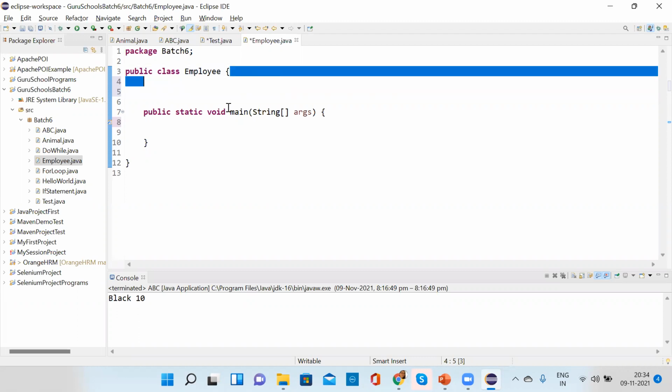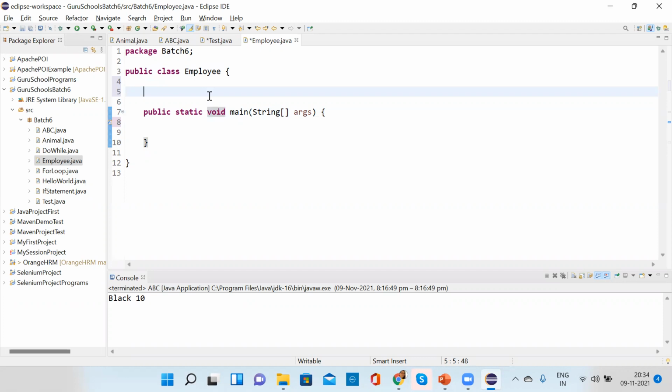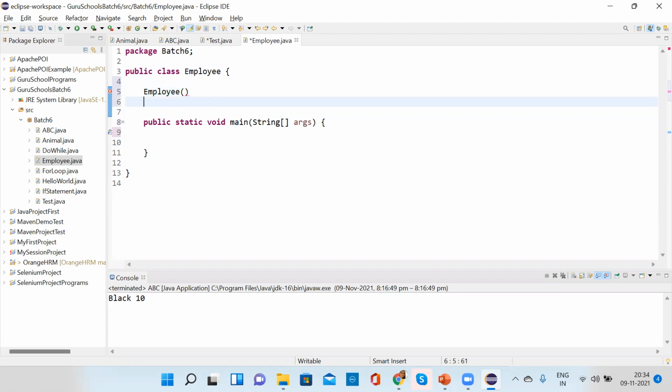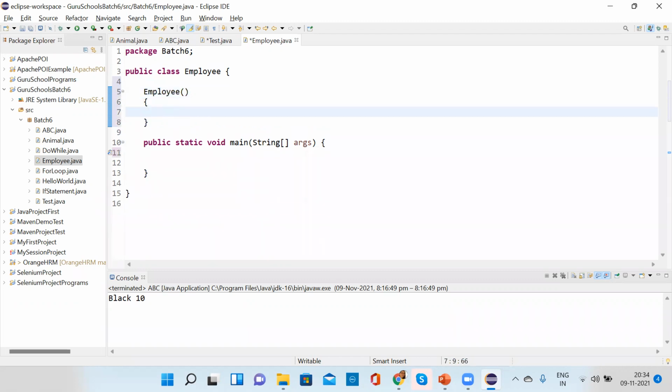What I have to do here is create a constructor, with the same names.